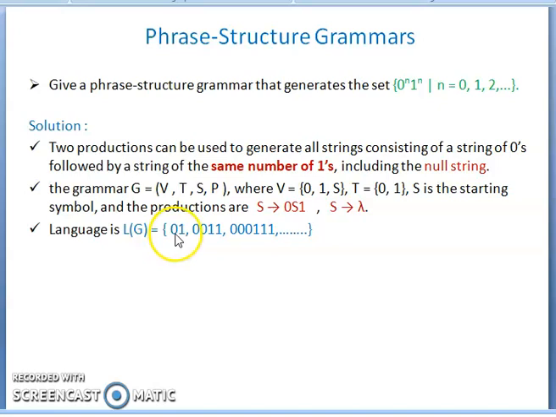Then finally you will get 3 zeros and 3 ones. This is an equal number of zeros and ones. The productions are S implies 0S1 and S implies lambda. Here you substitute lambda for S and you get 0 1. Otherwise, in place of S you again substitute 0S1, so 0 1 in between 0 S 1. That means for the S, there are 2 zeros on the left and 2 ones on the right, and S in place of which you substitute lambda. Like that you will get 0 1, 2 zeros 2 ones, 3 zeros 3 ones: an equal number of zeros and ones. This is the language.